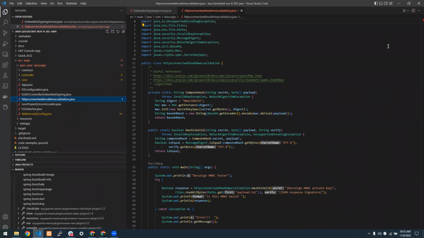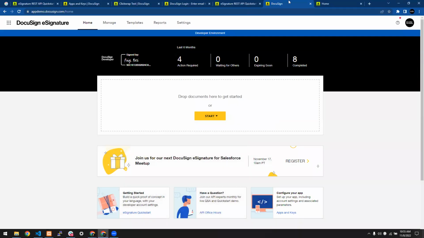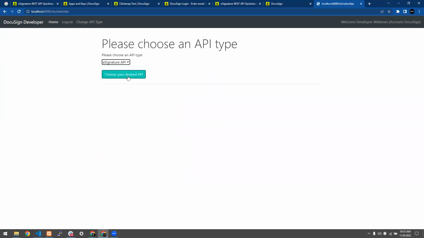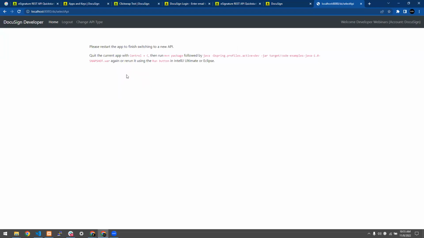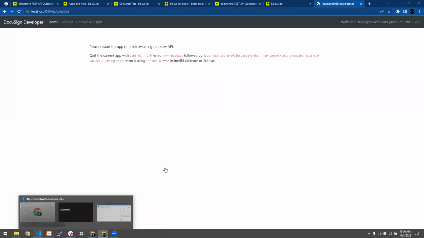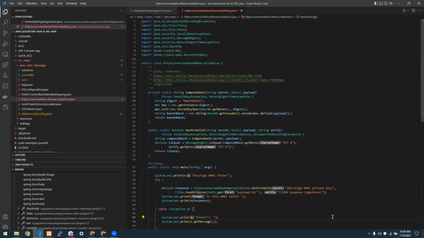Yes, I can. So what I was going to show is that we have something that's called embedded sending, and embedded sending would allow you to pre-configure what will be shown in the envelope before it gets sent off to your client. However, it's also possible to just send a blank envelope with just the documents and nothing on it, and then the client will see the empty envelope, and they'll actually see